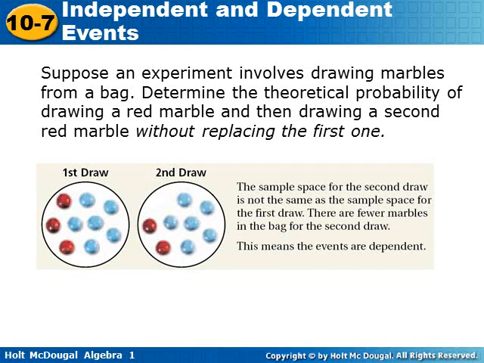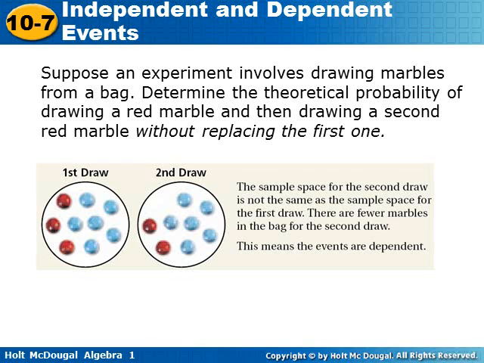Suppose an experiment involves drawing marbles from a bag. Determine the theoretical probability of drawing a red marble and then drawing a second red marble without replacing the first one. For the first draw, you can see there would be 3 red marbles and 6 blue marbles. For the second draw, if you drew out one of the red marbles, there would only be 2 red marbles